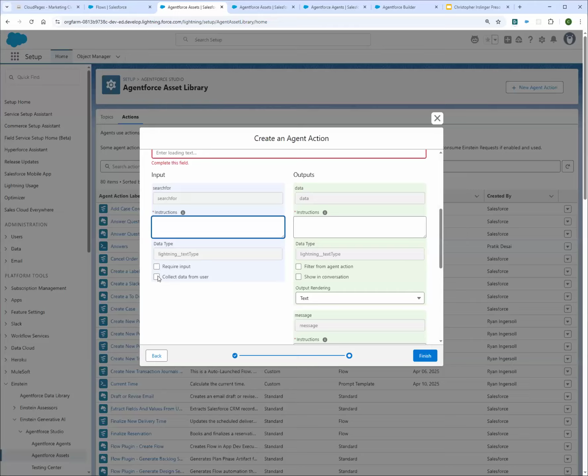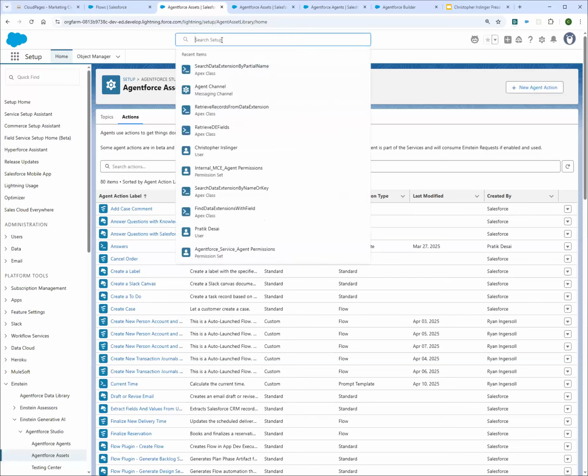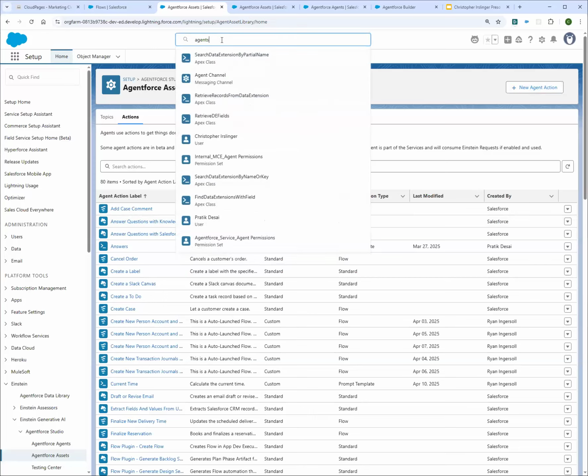So once we've built that agent action, we can then associate it to a topic and actually use it. If I go into agents, I have a simple agent that's already been created for this case. We'll open the builder and we can test it inside of the agent builder. This is your way to test your agents before you actually put them into the real world. And we can modify instructions in real time. So you can test it, and if you don't like the behavior, we manipulate the instructions, we mold it into being the person we want.